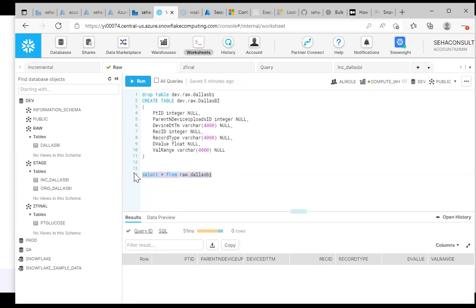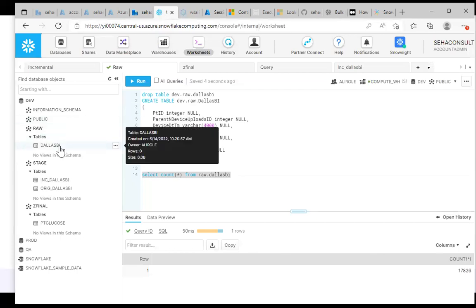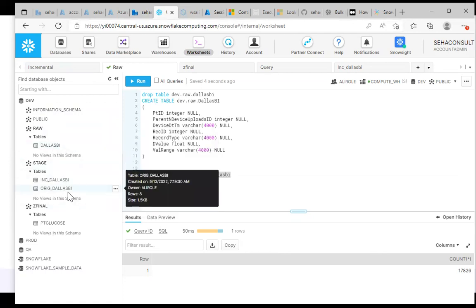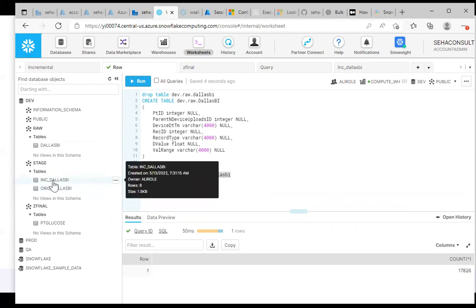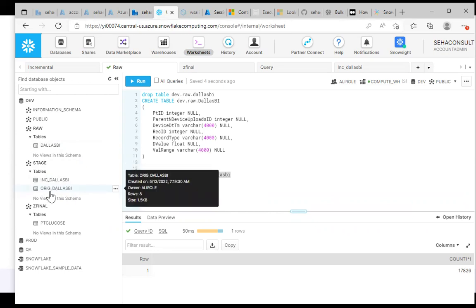So I've got data loaded here. This should bring the data in here. Let me do account star. So I've got 17,826 rows loaded here. Now my goal is to take these rows from this raw area, and I want to stage the data. I want to bring some data from this into the raw area, but I don't want to bring it into these tables, this Inc. and Org Dallas BI. I want to create a table on the fly based on the select statement that I write. And I might want to materialize it as a view, or I might want to materialize it as a table. I want to have that flexibility and that option. So if I want to do that,